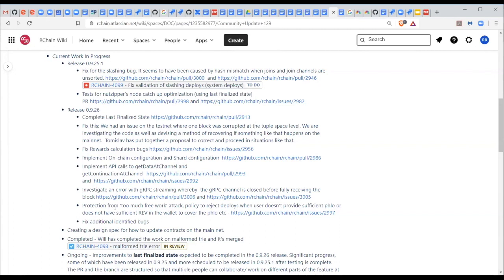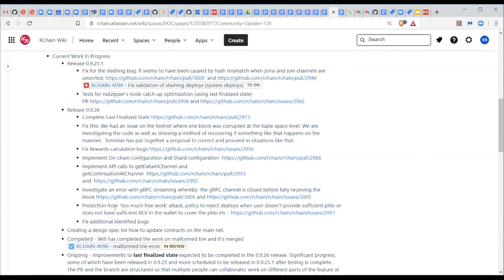So the idea is that we'll process a deploy as much as the flow allows, and then keep it in the data so that everybody can verify that, okay, this is indeed the reason for why this particular deploy was rejected. So I think there are a couple of different use cases there that we're going to be implementing